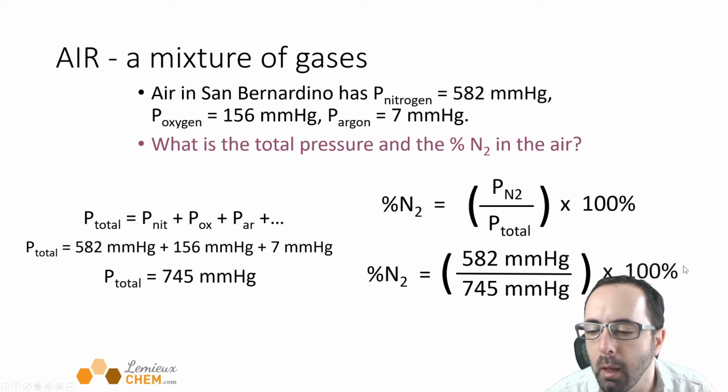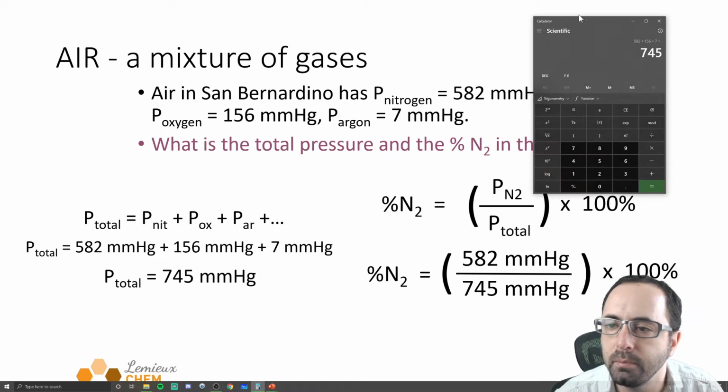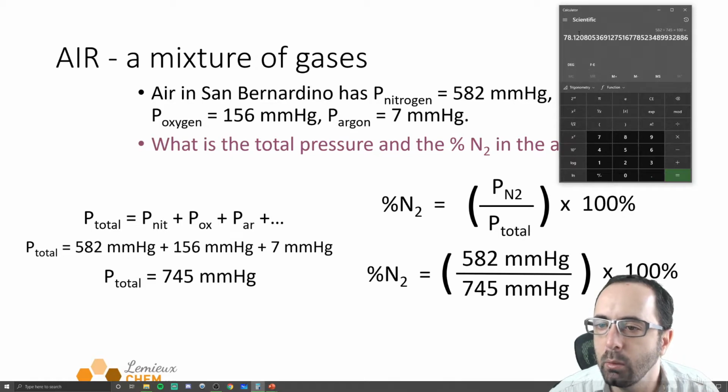And then we multiply by 100%. That will turn this from a decimal into a percentage. So let's do that. 582 divided by 745 times 100 equals